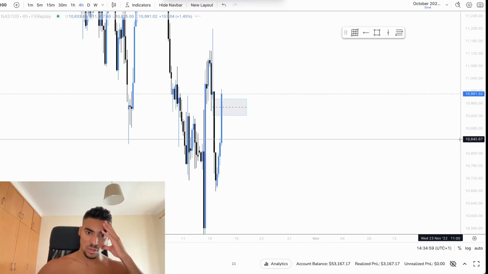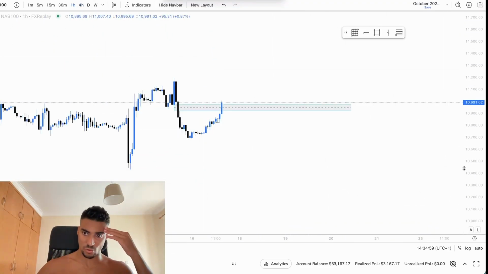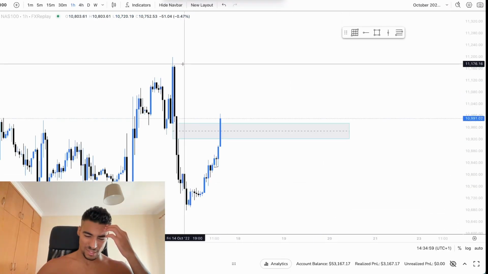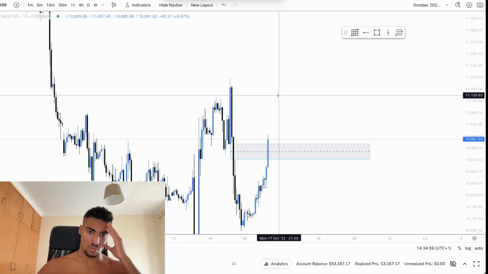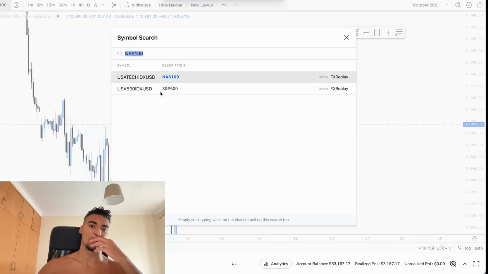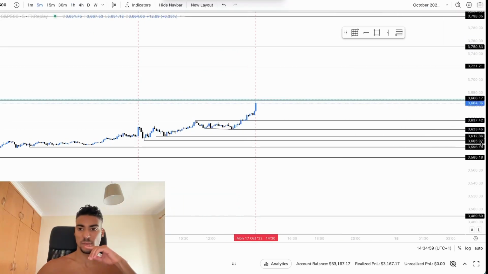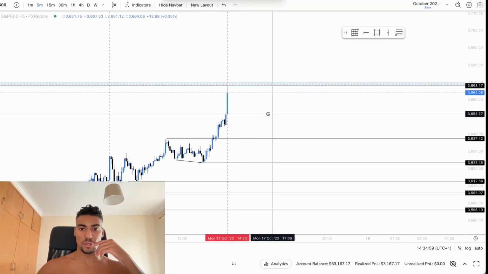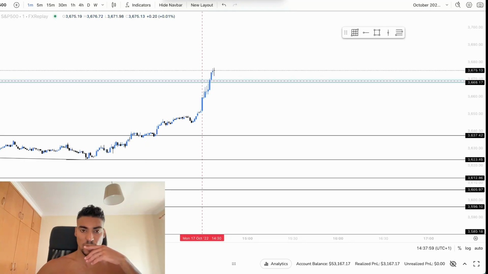Let's check 4 hours. We're bullish on 4 hour, not bullish yet because we haven't broken structure, but we are bullish on 1 hour. This is high time frame resistance. I don't think we'll get here to these 1 hour highs without sweeping out some liquidity to the downside first, at least low time frame liquidity. That's really my thought. So let's see what we get. Hopefully we get some kind of reaction.